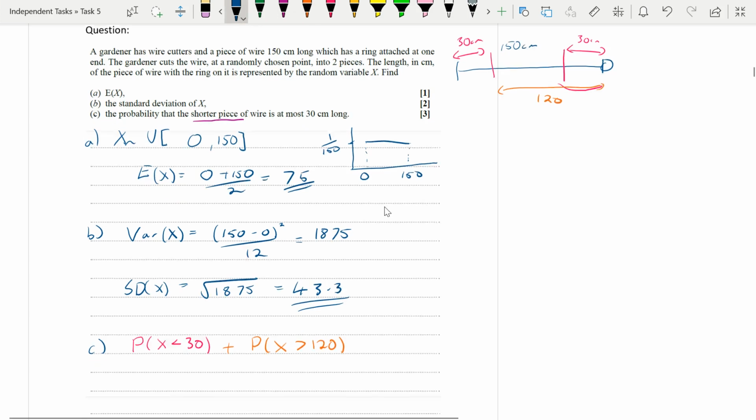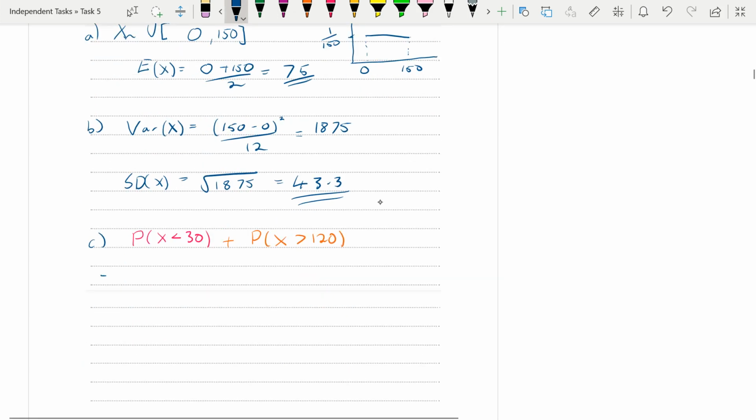And I'll work them both out separately. So my height is 1 over 150. My base is going to be, if I want less than 30, from 0 to 30, so times by 30. So 30 minus 0 if I'm thinking about the base length. And then this one's 1 over 150, and then I'm going to do 150 minus 120, because that would be